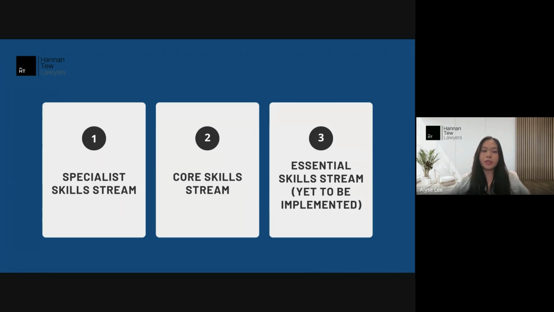So this proposed essential skills stream will address critical labour shortages in Australia. It'll primarily target lower paid workers in essential roles. So this is occupations within the aged care, disability support. This also includes, it's very much under development. The government may expand the eligible industries and occupations based on labour market needs. So at the moment, what we know is that it really is focused in that aged care disability industry.